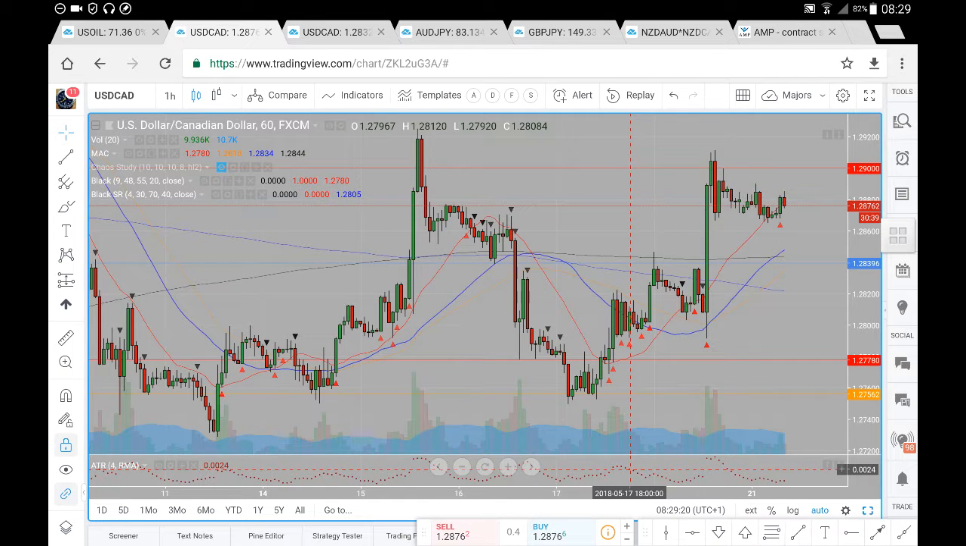So this is USDCAD analysis for Monday, the 21st of May. Now let's just have a look at the prices and where prices may likely go. So previously we had price come down towards this 127.56, previously identified level of support,